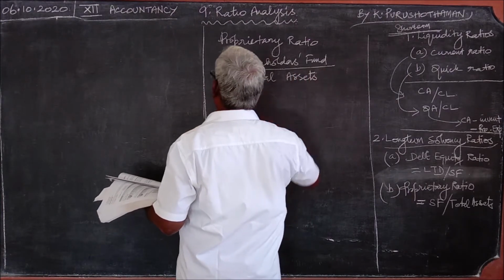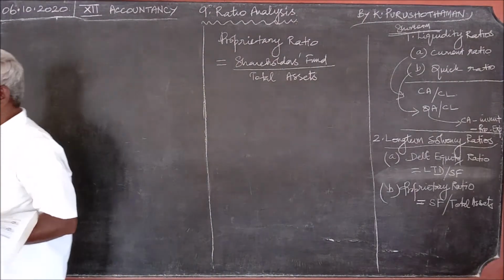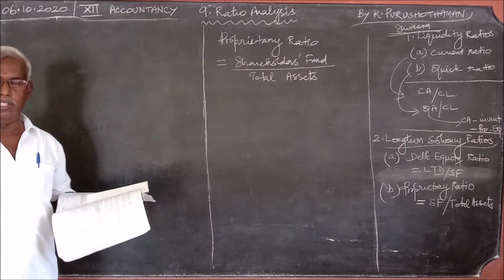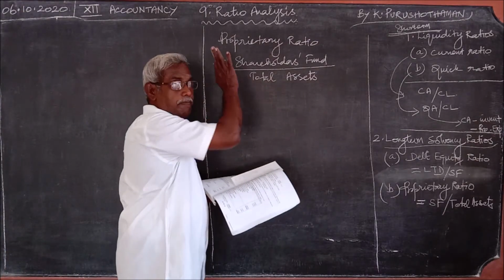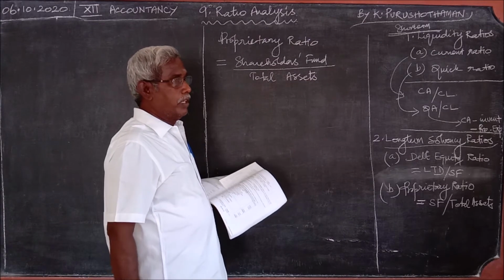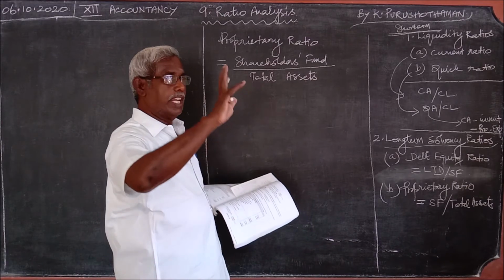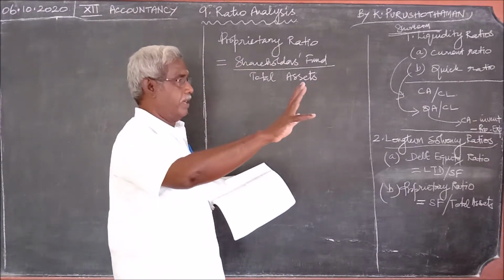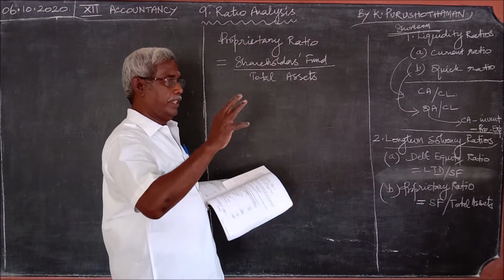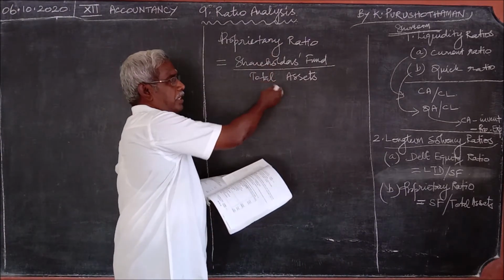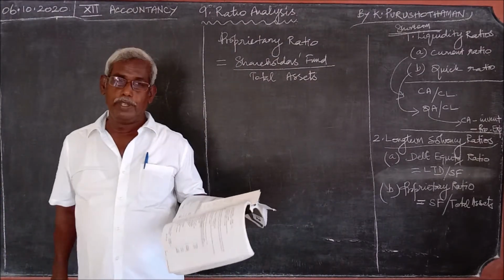This is the formula. So whenever you are given a question, how you should proceed for the answer. For the question, what is the formula, you write. And for the formula, there is numerator and the denominator. For the numerator, you collect the number, that is, find the total. For the denominator, you find the total. Then you substitute in the formula, you will find the answer. This is the procedure you should follow.